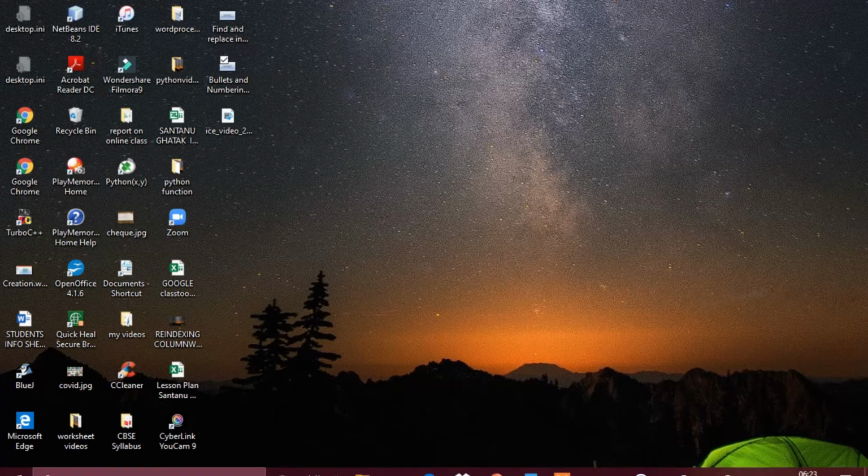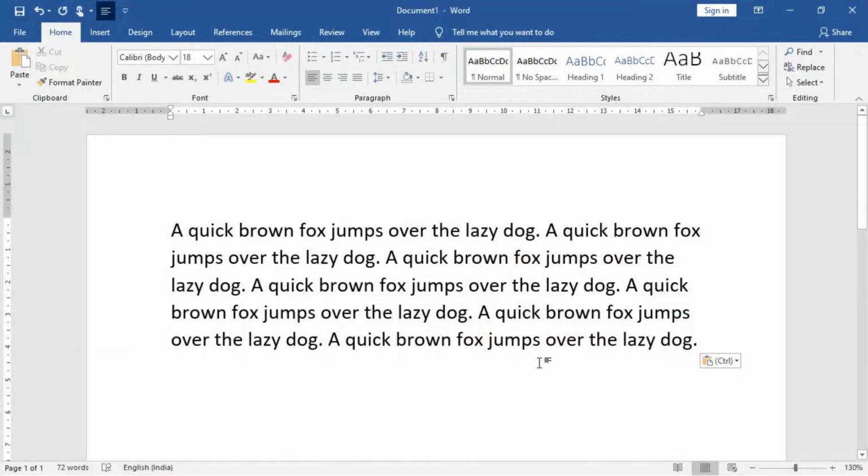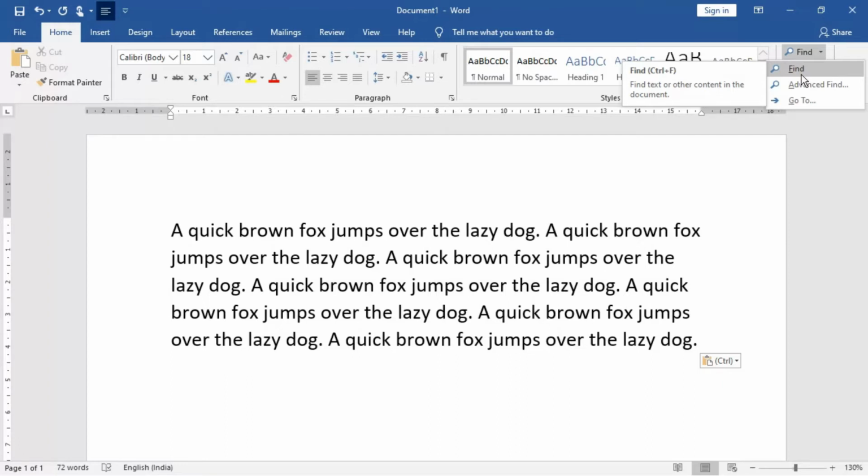Now students, I am explaining how to do find and replace in MS Word. I have already opened a document where some predefined text is already there. To find a word, you have to go to the editing group in the home tab. In the home tab, you can see find and replace, two things are there. Come over here and go for find. You know the keyboard shortcut, it is displaying alongside, showing Control and F for find. So I'm going for the find.